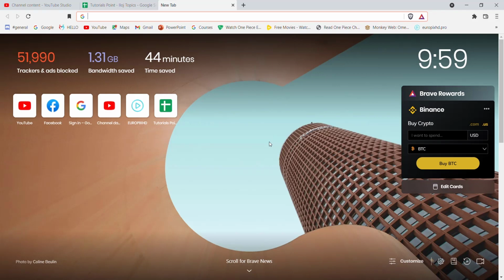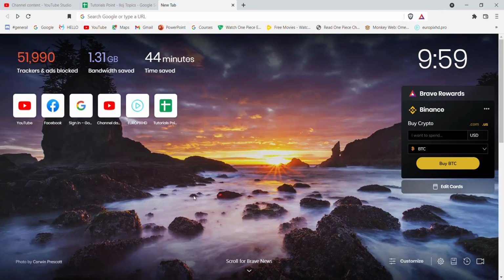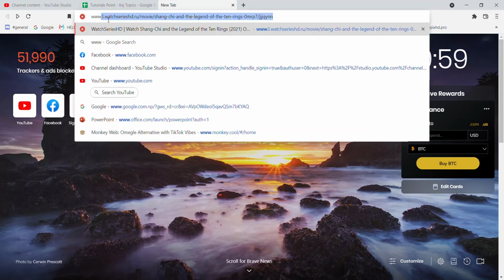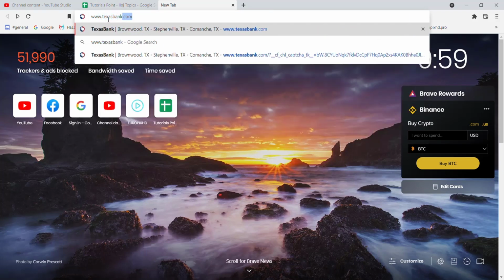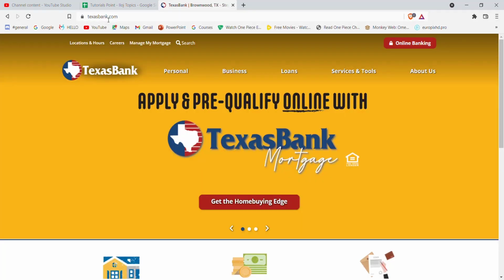First of all, make sure that you're connected to the internet. Once you make sure that you're connected to the internet, open up a web browser. Now, once the web browser is open up on your screen, type in www.texasbank.com and hit enter. After the home page of the Texas Bank opens up on your screen, on the top